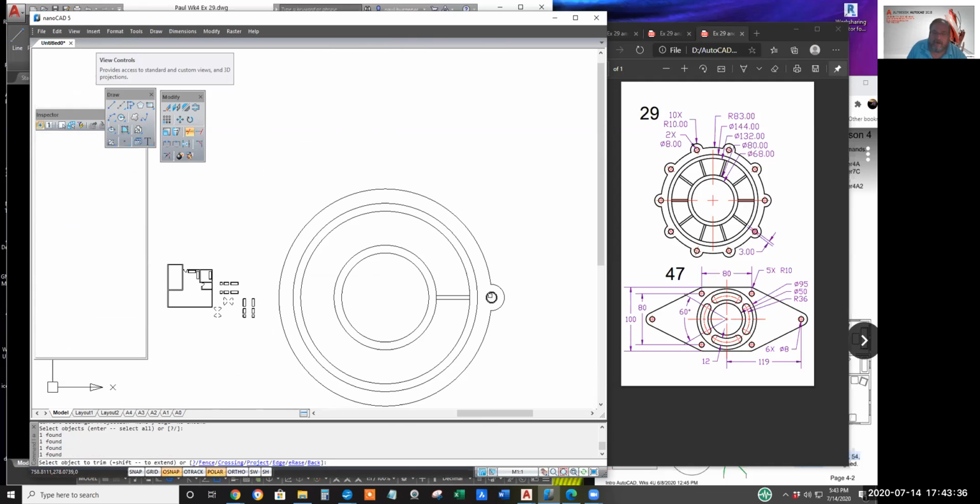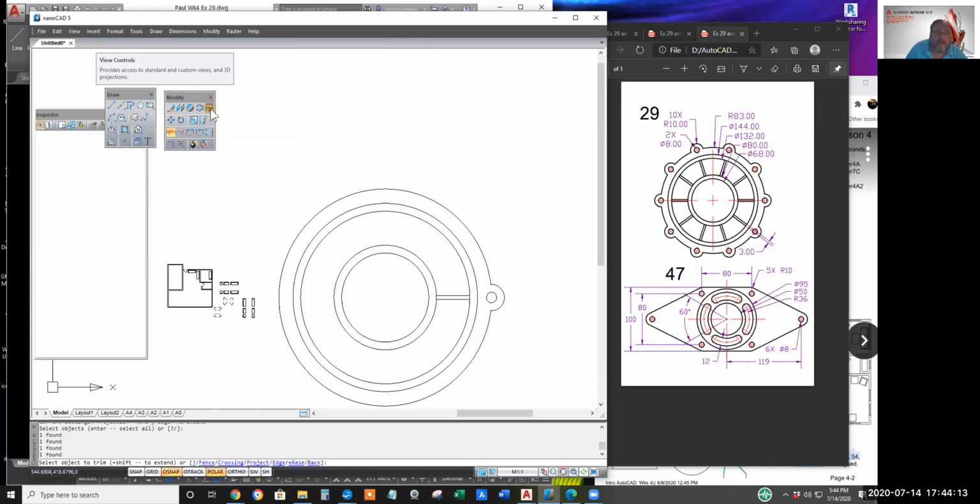Now I could, if I did some arithmetic, make a diagonal line and make a mirror copy of the frog eye to make the second frog eye. And then trim away all of this circle except for the arc between the frog eyes. But I'm too lazy to do the arithmetic, so let's do it the same way as we did with the AutoCAD route.